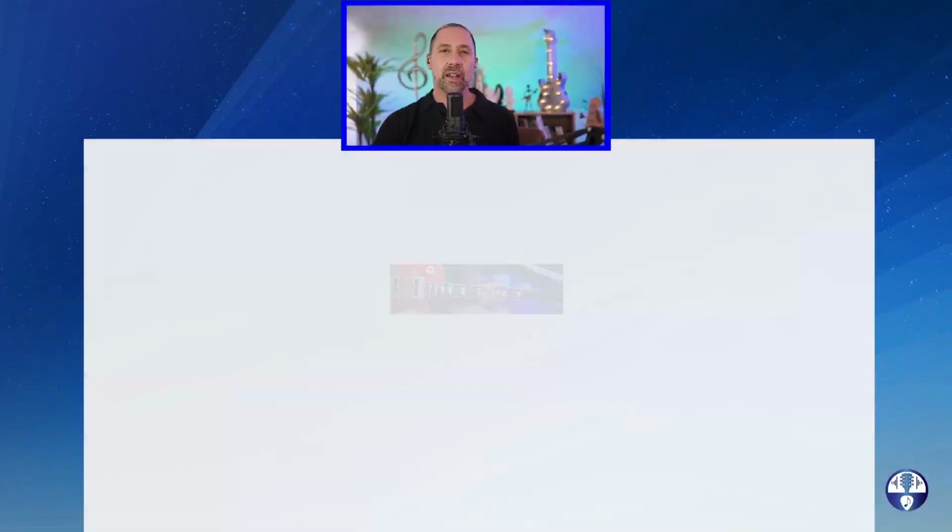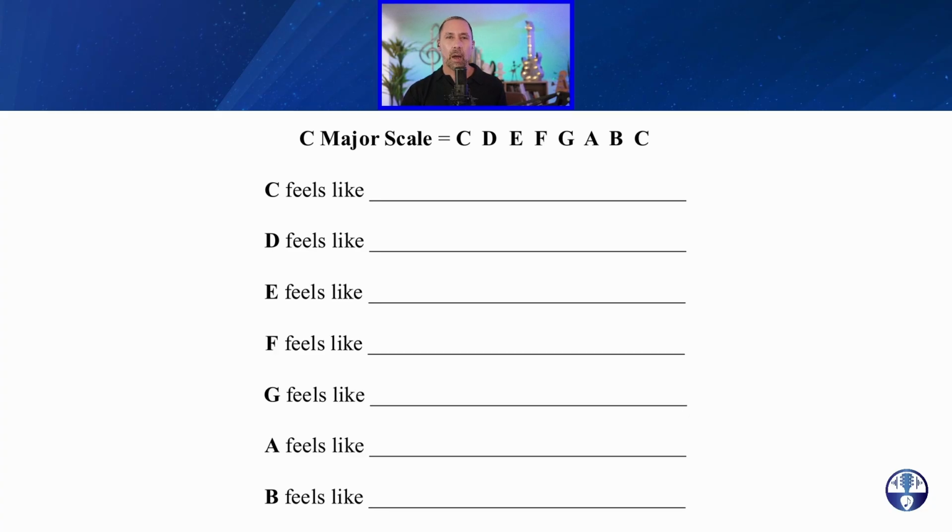So the first thing you need to do when it comes to tonal hierarchy is to form some very strong opinions about the emotional profile of each individual note within the scale, okay? The assignment that I give to my private students is to come up with at least 3 or 4 different adjectives that you can personally use to define what each note in the scale feels like to you, okay?